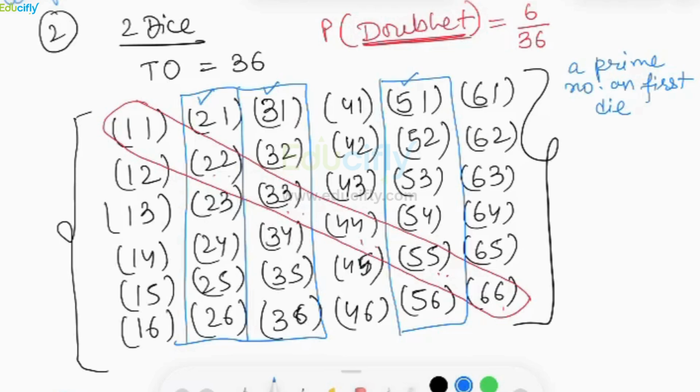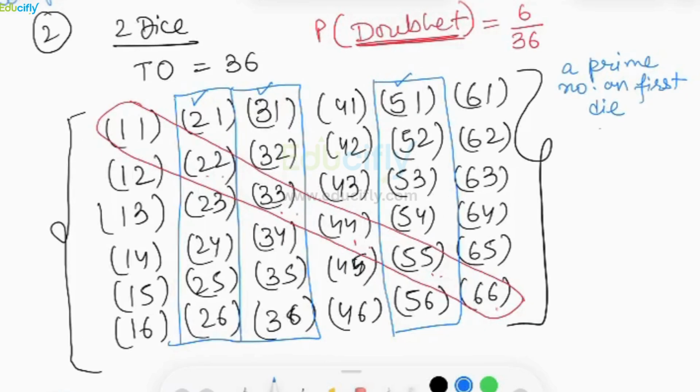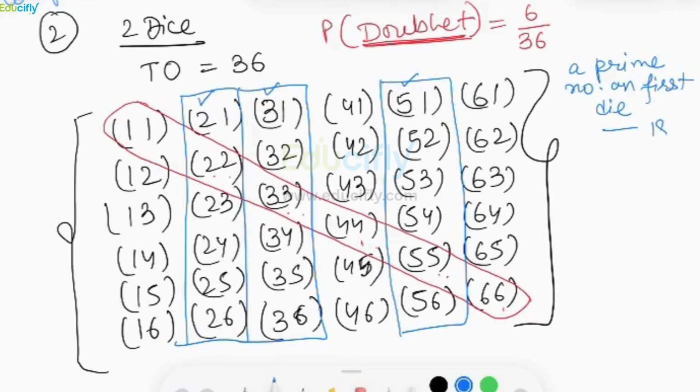As I already told you, you will get all your solutions either horizontally, vertically, or diagonally, right? So these three lines will be your solution for here. That will be 18 by 36 in numbers. Okay. And now they can even ask you about the composite number on the second die or anything like that, right? But the main question that comes here is about